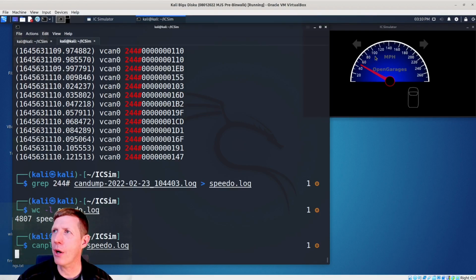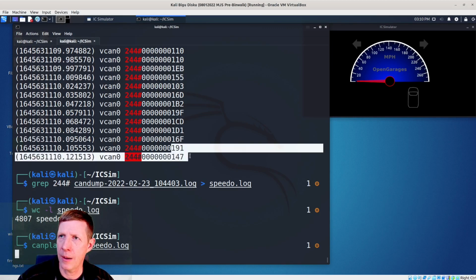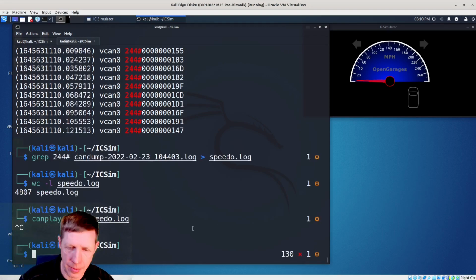Okay, so that's how I replay that speedometer traffic. Now what I want to do is figure out a couple things. One is what this hex value here looks like. So I'm going to Control C out of there because it's still kind of going, and I'm going to go actually read this